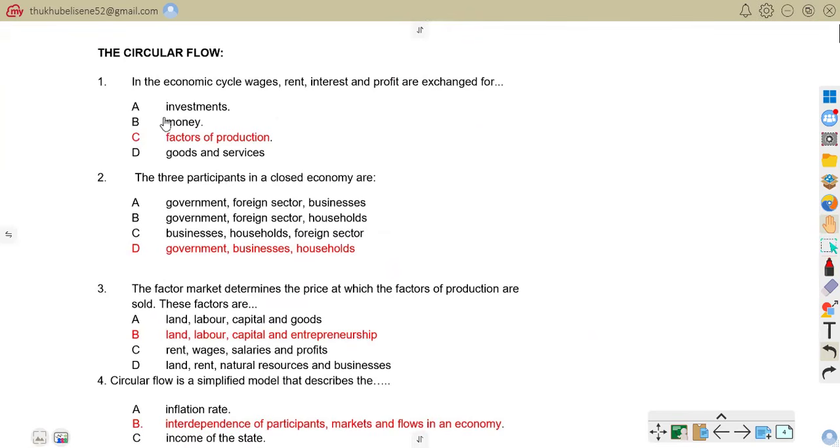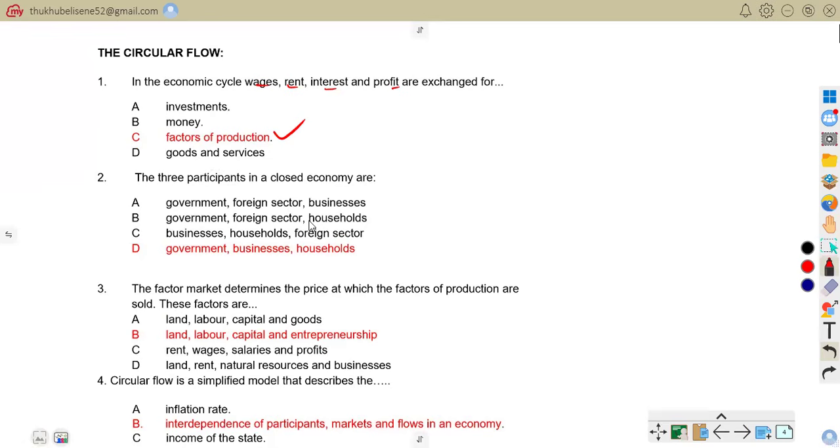Circular flow. Number 1 under circular flow says, in the economic system, wages, rent, interest, and profit are exchanged for investment, money, factors of production, goods and services. So the correct answer is factors of production. C is correct. Wages, rent, interest, profit are payments for labor,